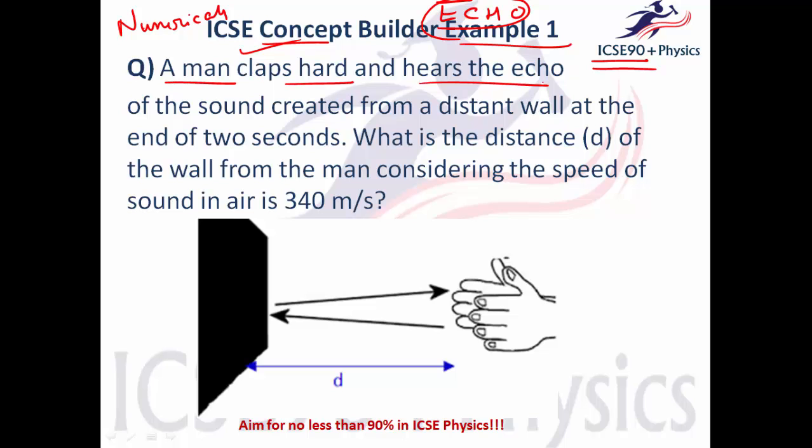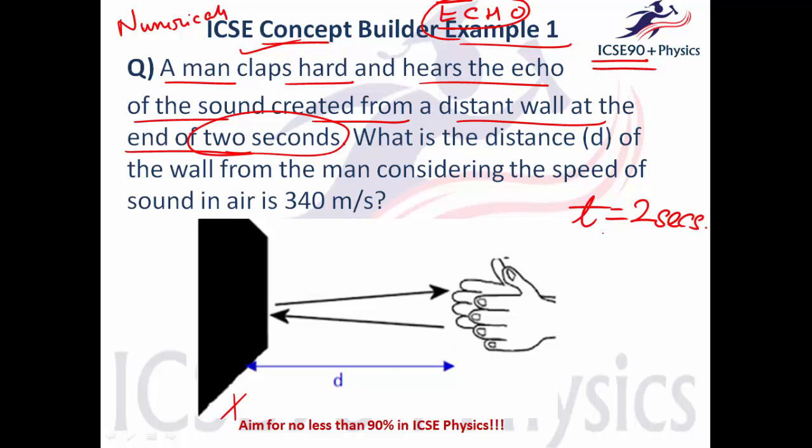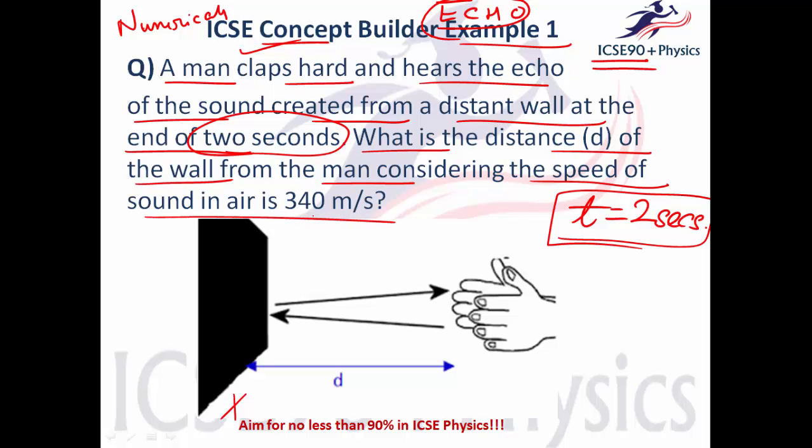which says that a man claps hard and hears the echo of the sound created from a distant wall at the end of 2 seconds. So time t is equal to 2 seconds in this case. So the man claps and he happens to hear the echo after reflection from a wall at a certain distance at the end of 2 seconds. What is the distance d of the wall from the man, considering the speed of sound in air is 340 meters per second? So we know v is equal to 340 meters per second,